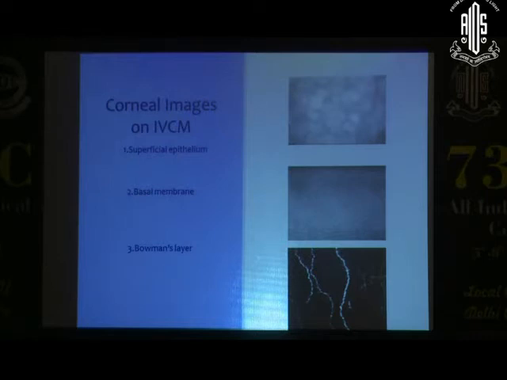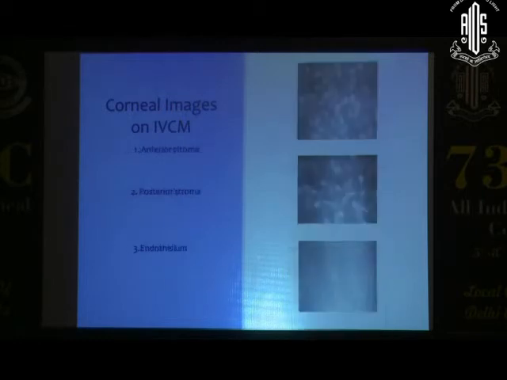What you're seeing in the lowest photograph is the Bowman's membrane. It's acellular. But what you see brightly there are the corneal nerves. So the subbasal nerve plexus is seen, and also collagen fibrils can be imaged. So basically you see that the Bowman's layer is acellular, and these are some of the microstructures that if you know what is normal, then you can also see what's abnormal.